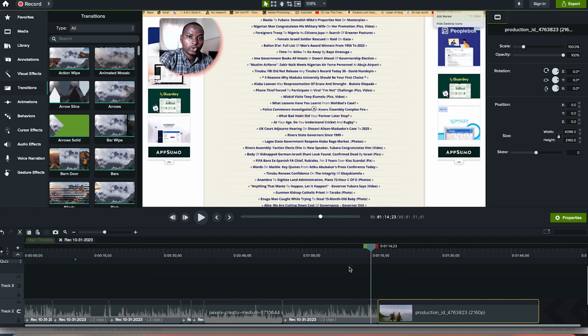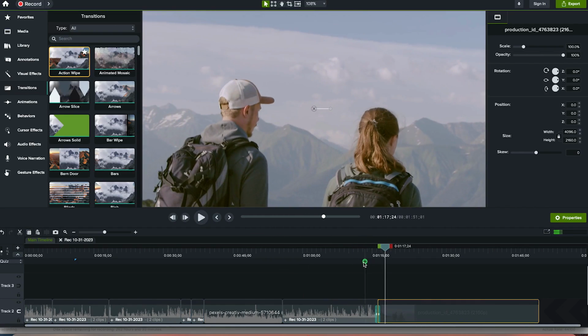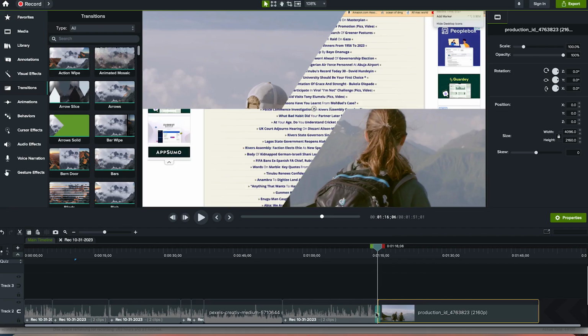For example, as we are navigating from this clip to this one, we are transitioning from here to this. We can just put in this one. We can just drag and drop. So you can see how powerful that transition is. You can select a particular transition that you've added, and you'll be able to see its properties as well